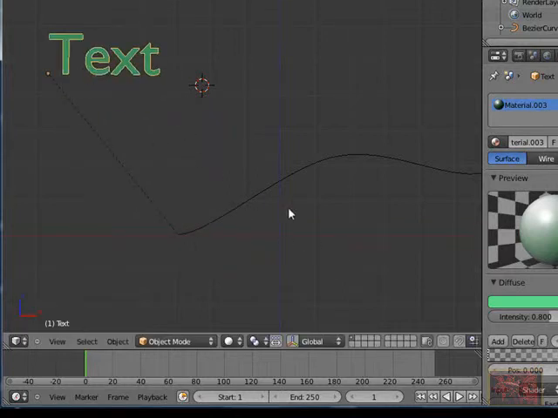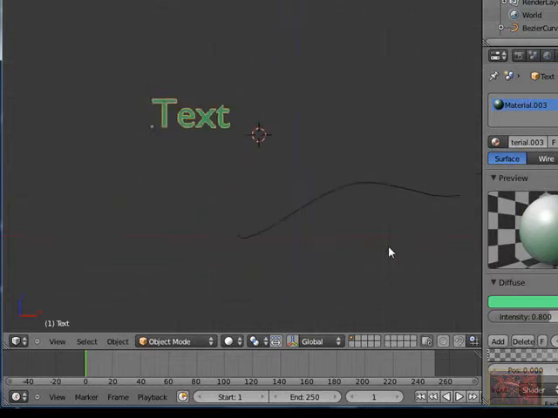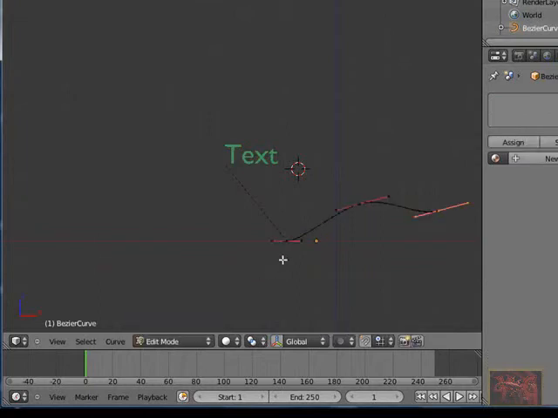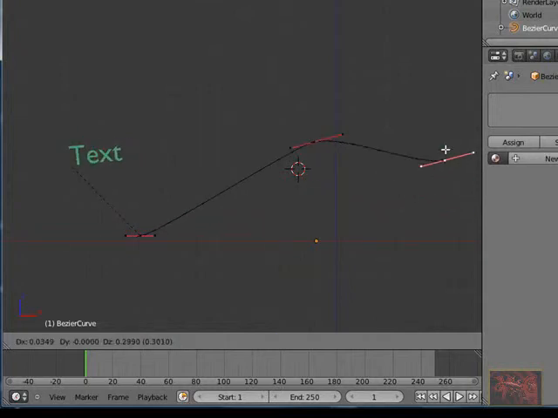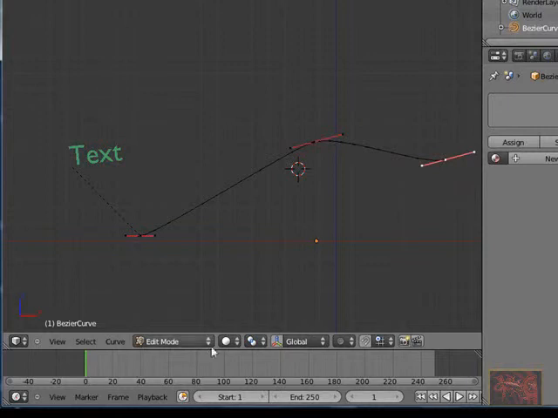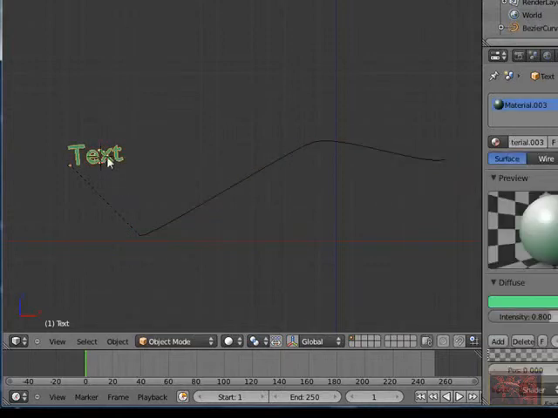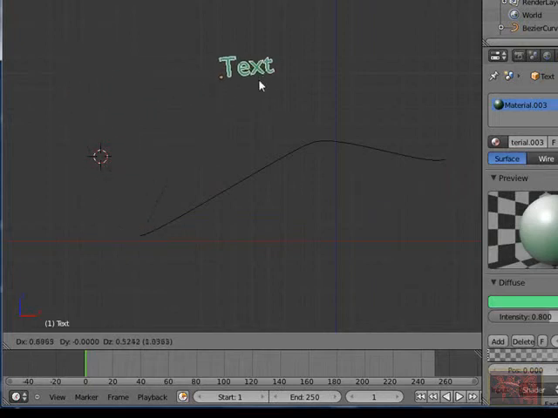But your text is going to follow the basic curve of that path, no matter what it is. So if I grab this path and I go back into edit mode and I bring this over here a little bit and move this here, and move that there, and then go back into object mode, and now I can drag this closer, pull it farther, wherever I want, because it's